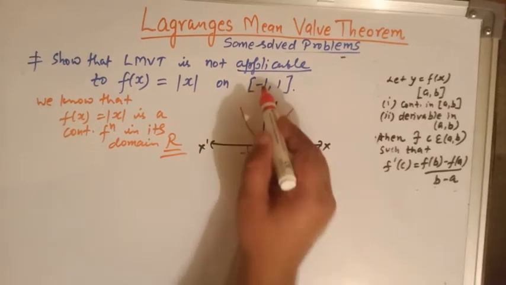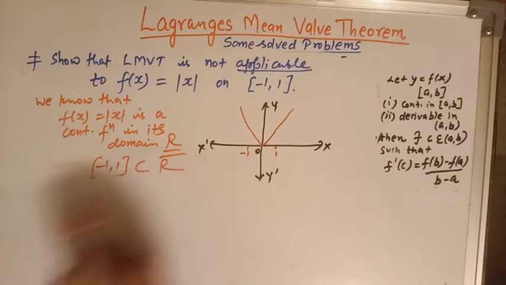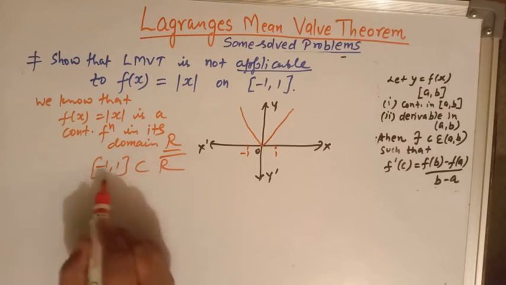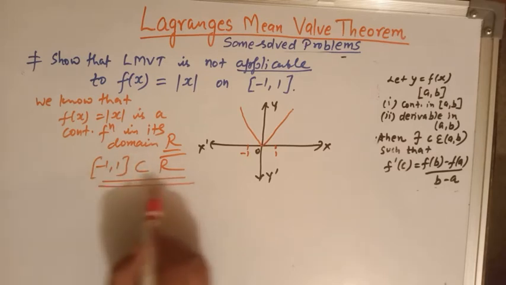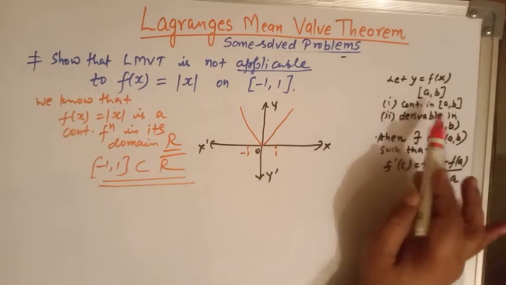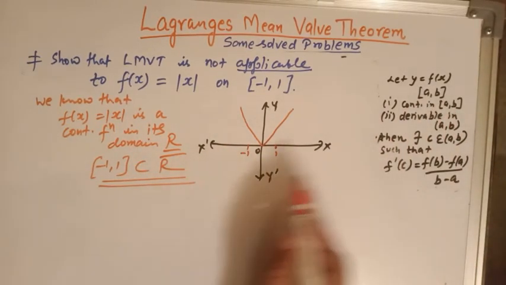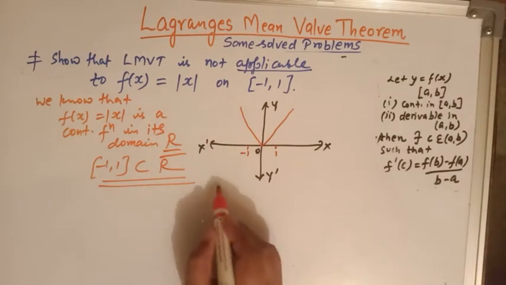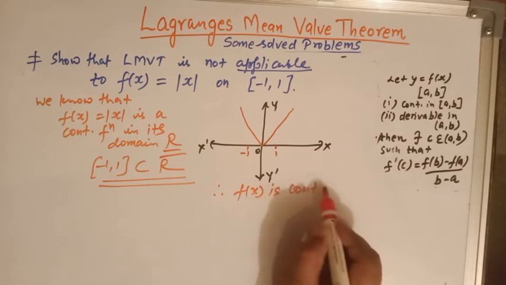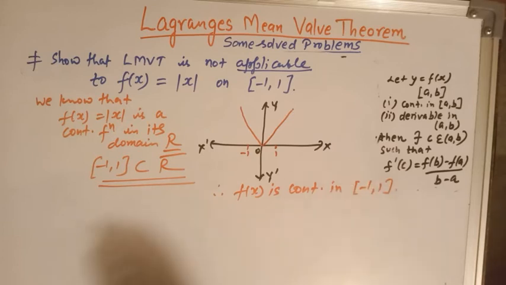And this interval minus 1, 1 is a subset of the set of real numbers. Clear? So here we see that this absolute value function is continuous in this closed interval a comma b. So we write that f(x) is continuous in minus 1 to 1, but